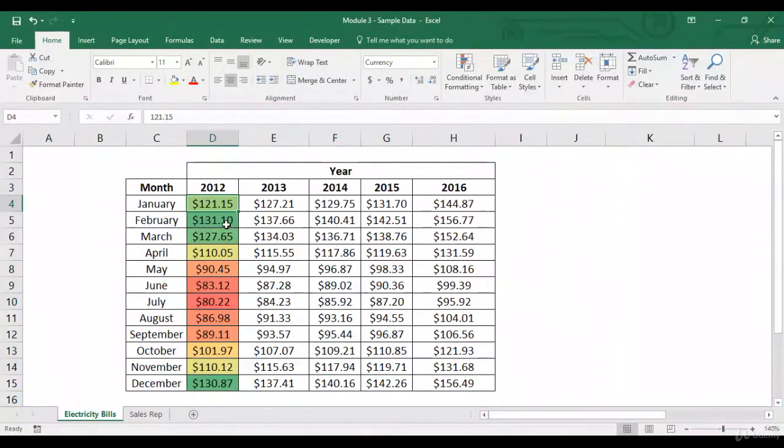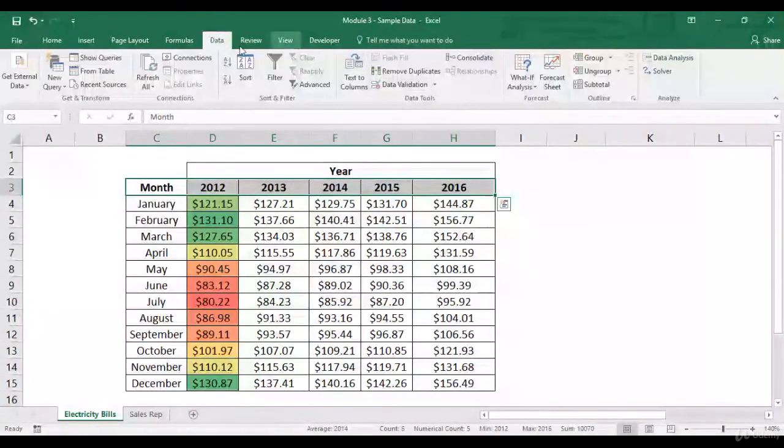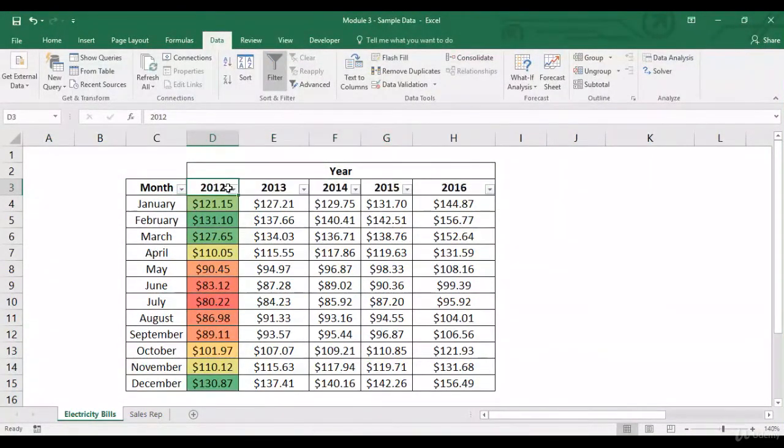So as you can see, the most green is the maximum value, which is 131.10. The lowest is 80.22, and as you can see, that's the most red. And as you keep on increasing the values, the numbers will keep on changing. Let's apply a filter over here so that you can actually see that change.